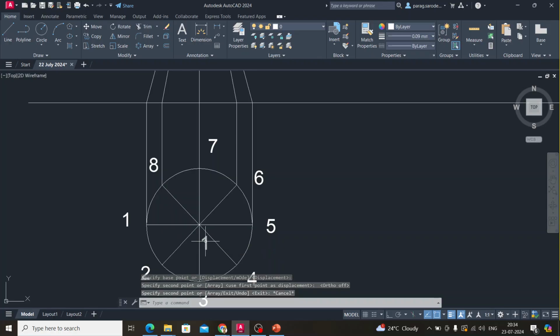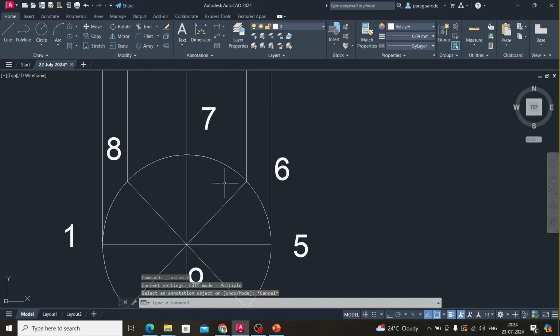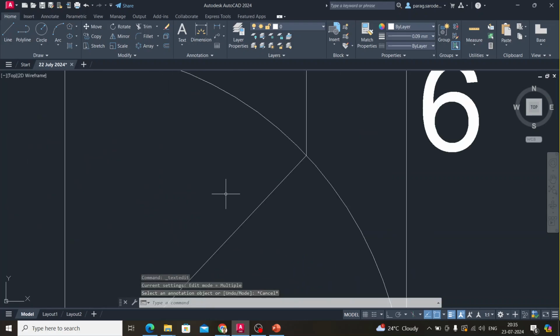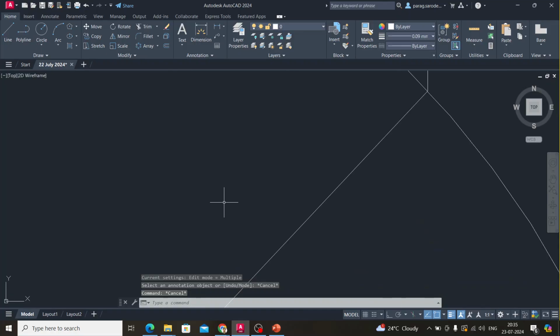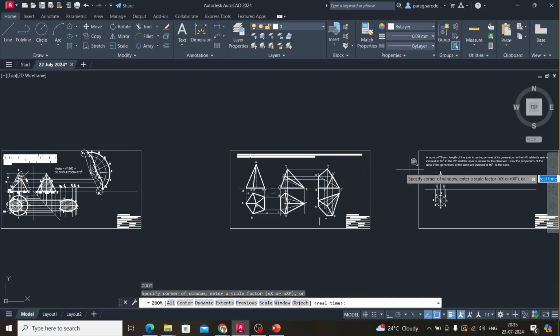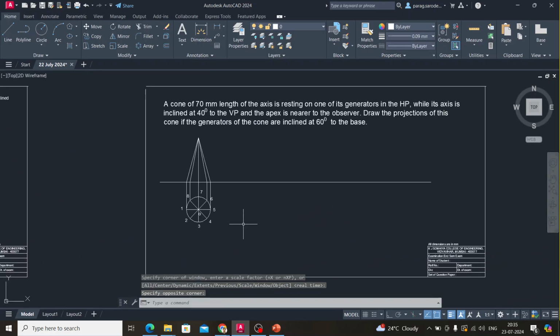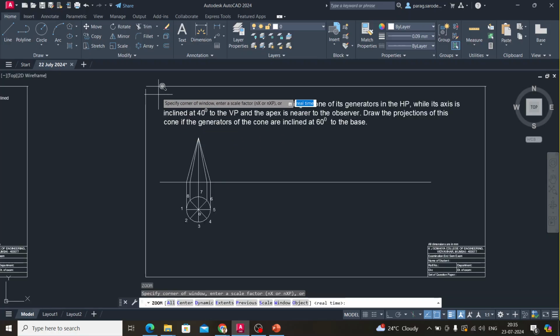O, right? O, correct. Now what I will do, I will name these points in the front view also, correct. So for that